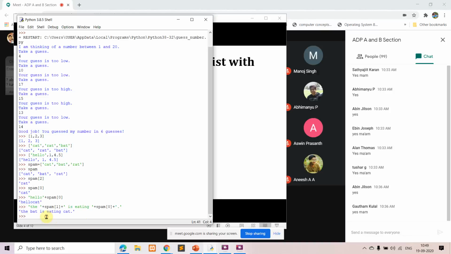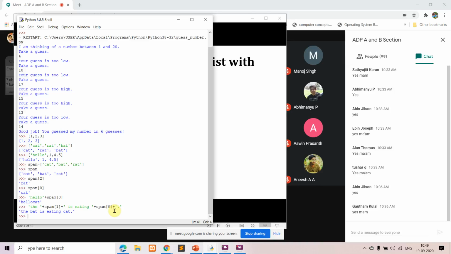So this is how you can index the elements of a list. Other than this, indexes can only be integer values.